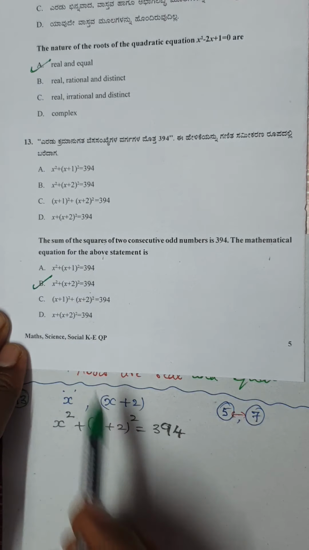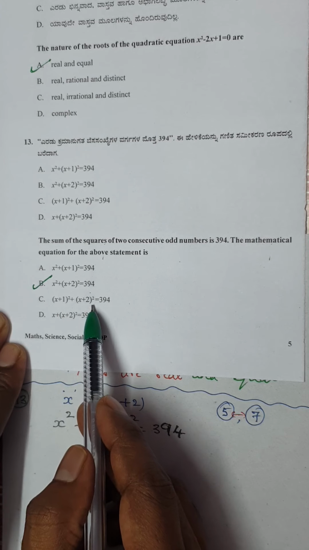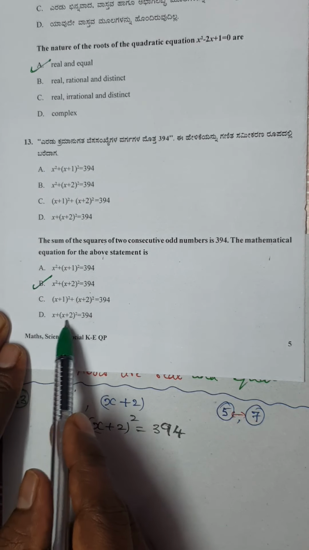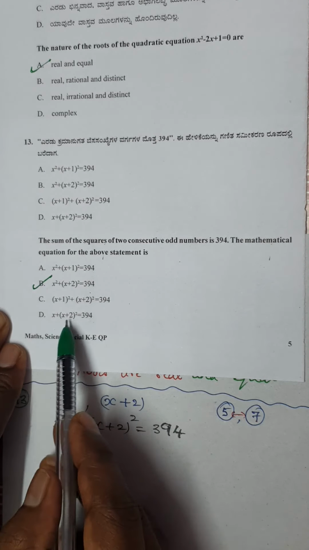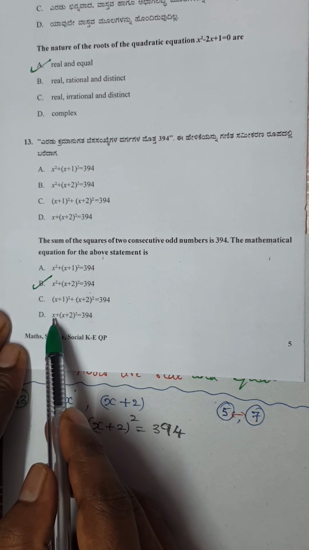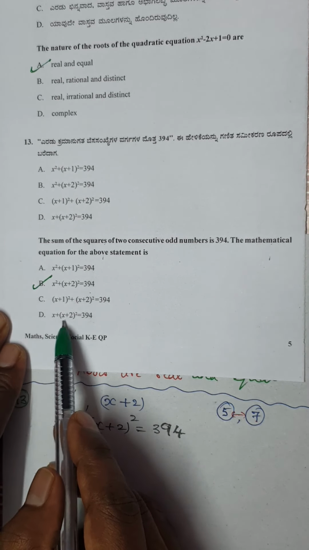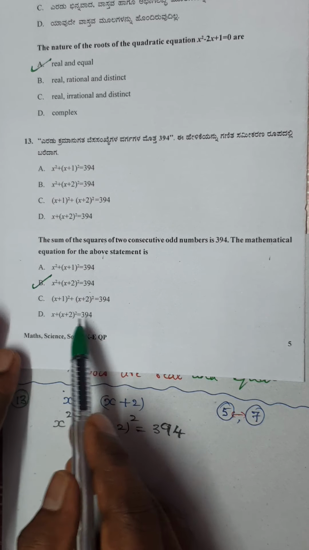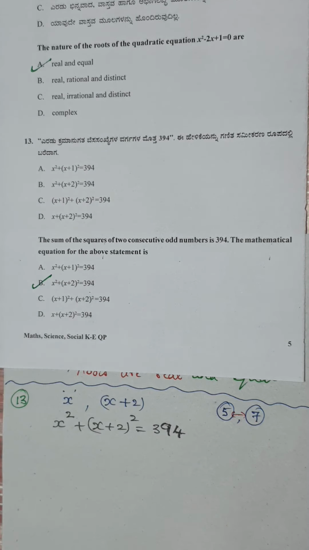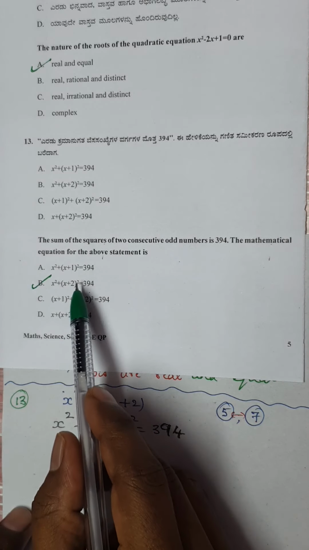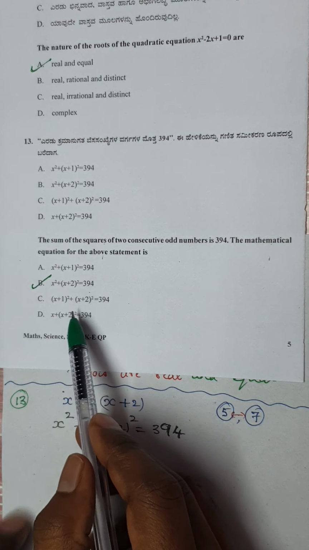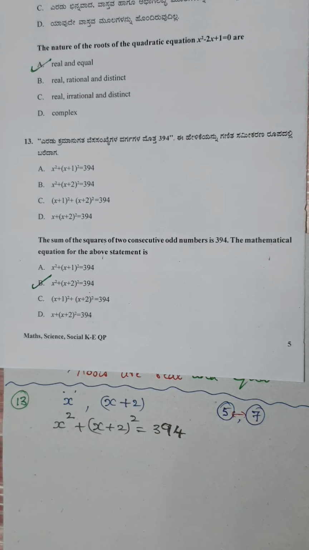If you want, you can check the other one. It is x plus 1 whole square plus x plus 2 whole square. Definitely not the right answer. You can check, see the difference here. B and D are very similar, but here small changes. It is x plus 2 whole square is 394. This is not the correct answer. The correct answer is option B. Please be careful, dear students. Sometimes two options would be having very nearing answers. Okay, only if you observe the options, you will be able to find out the correct option. Okay, so we are done with question number 13.